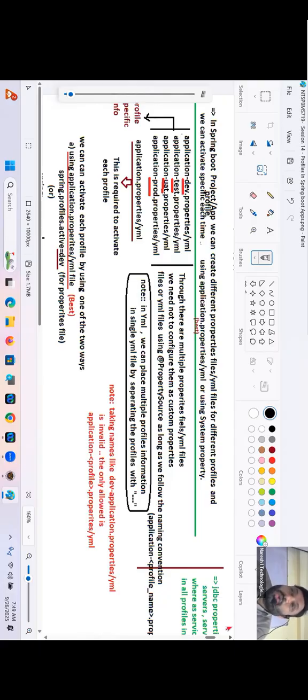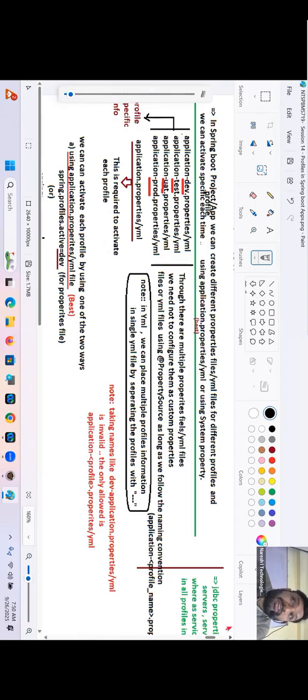UAT, Oracle driver details. Production, what details? Oracle driver details. And in the dev profile, I have to activate the Apache DBCP2 connection pool. Test profile, C3P0. For that, we should give some inputs to the auto configuration activity from the property file.